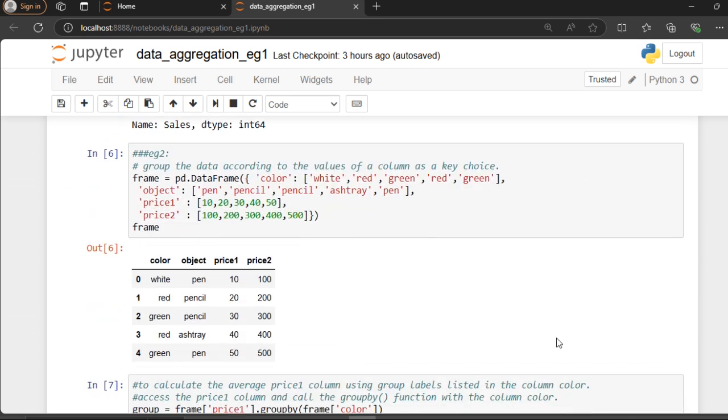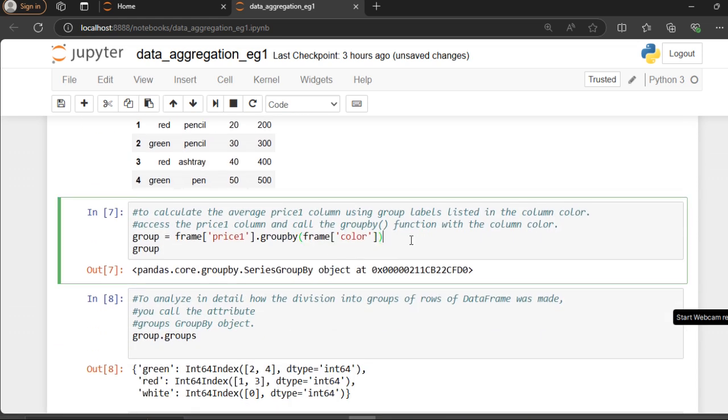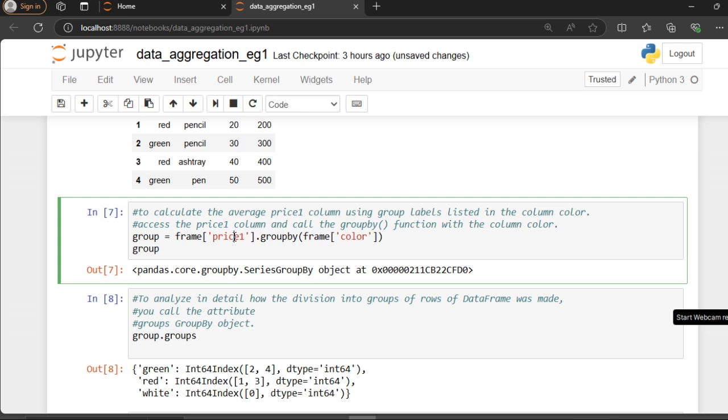Let's take another example which we just saw in the presentation. Now I have created a data frame which is similar to what I have in the presentation. Right now I want to calculate the average price, grouping based upon the color, and I want to find the average of price 1. So I have created a data frame called frame. Under frame I'll be calling price 1 because I'm taking the average of price 1, and I'm grouping according to